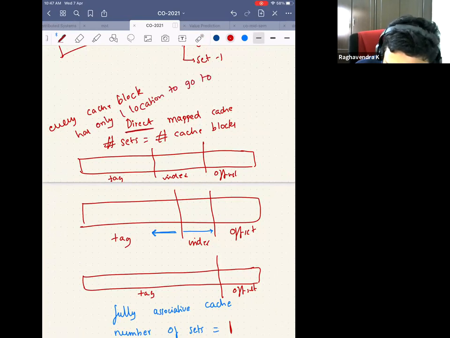That's why it's called direct mapped cache, because every cache block has only one location to go to. So if we pick an address, there's only one location it can be, and that location is either there or not there. That's why the number of bits in the index is the highest.